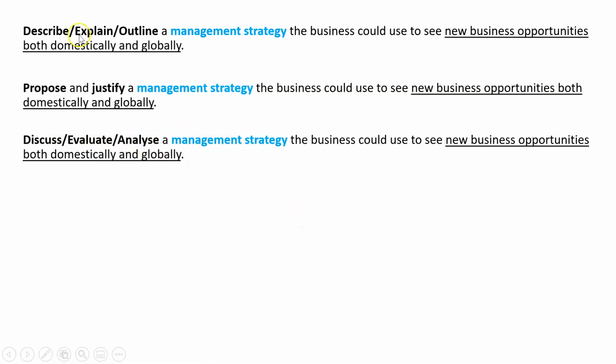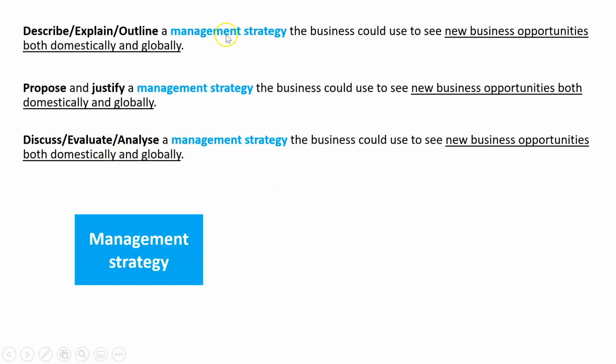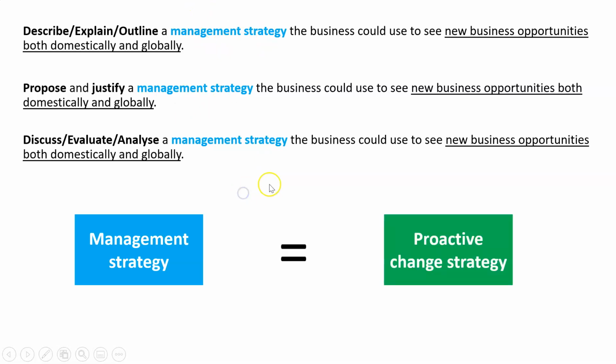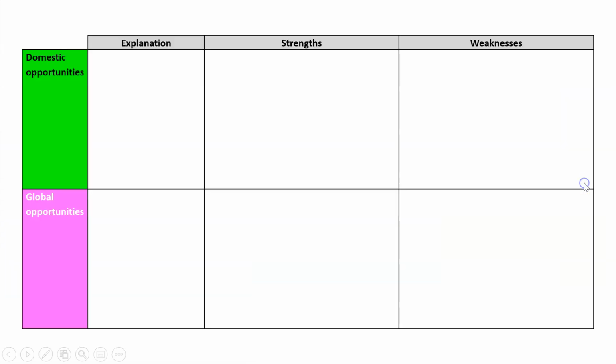So what we might need to do is describe what one is, pick one that we think is the best, and then justify it by giving its strengths and how it will improve the business. Or maybe we need to do the pros and cons or a weighted analysis and come up with our own evaluation at the end. That's basically what we have to do. And when we say this term, management strategy, what's that? That is what we're calling the proactive change strategies. So in either of these cases, what we need is something from our list.